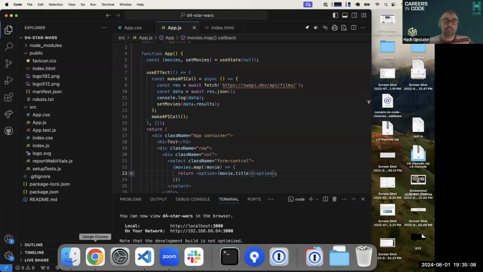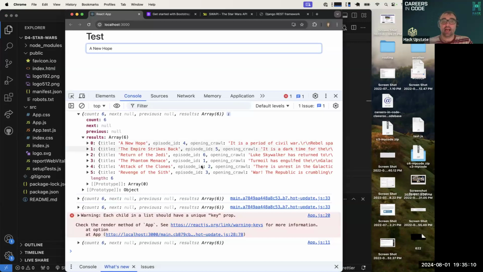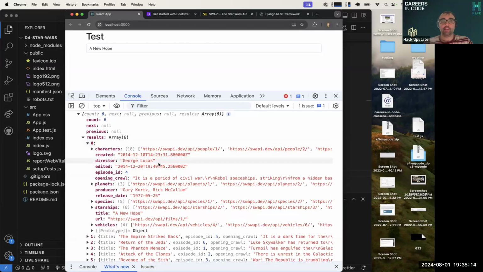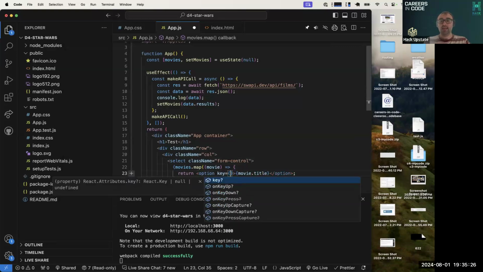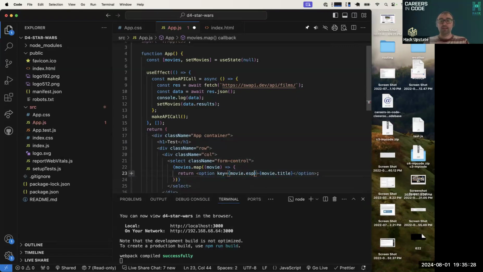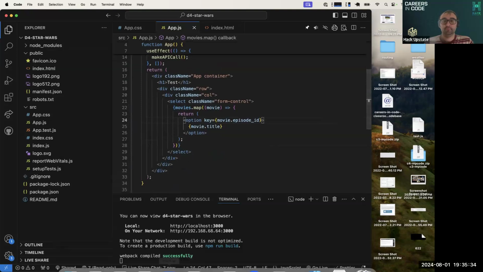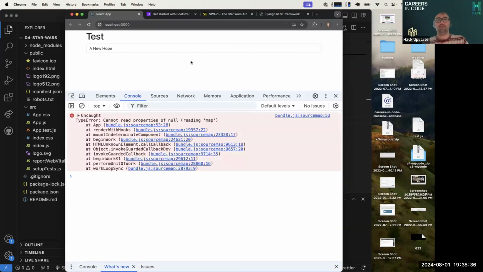And because we are mapping over things, I also need to include an ID. But now, because we are finally working with a real database, they are providing an ID to me. That's what I want to use in the key. So I'm going to go back in here and say, hey, I'm going to throw a key that is the movie.episode ID. So I save, I refresh,